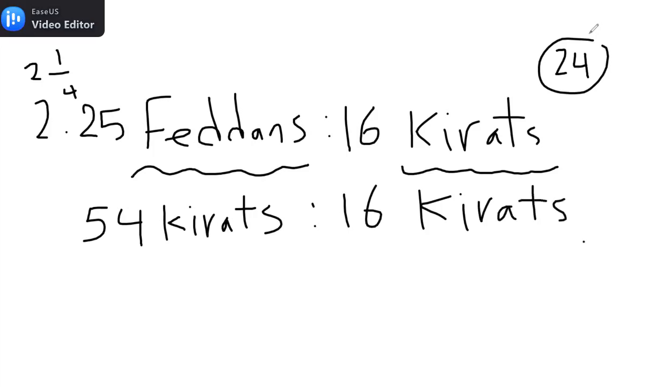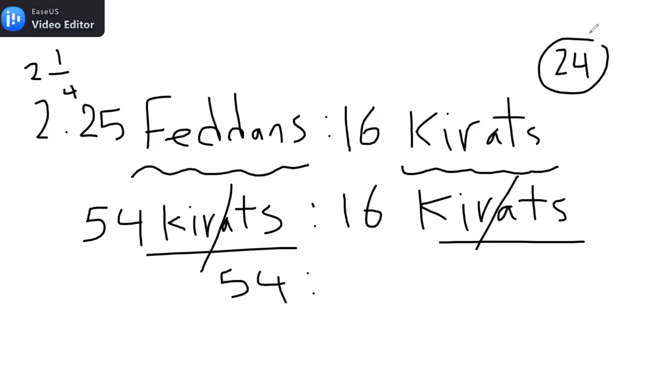And now, as the units are the same, we can cancel them, because we know from before that the ratio has no units. And now we can put the ratio 54 to 16